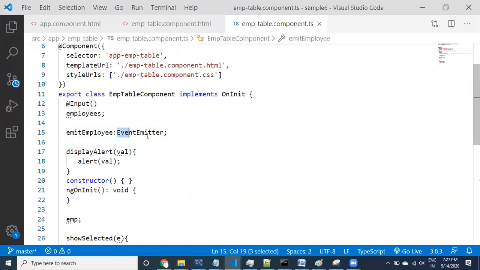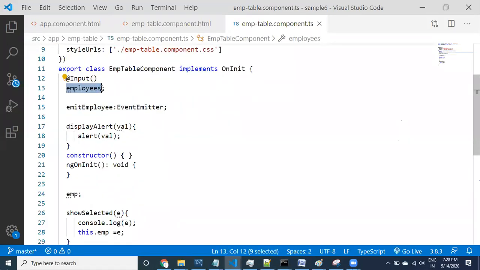Remember, this is actually a data type, I mean a class type. So for this employees, what is the type? You can provide the type, or you may not. If you want to provide it, this is an array, so you can provide it like this. These are the types. I am providing this information because it is helpful for you: what type of data you are dealing with. It clearly knows this is the array, and the data type is EventEmitter. So why is this event emitter required? We need to emit the data.